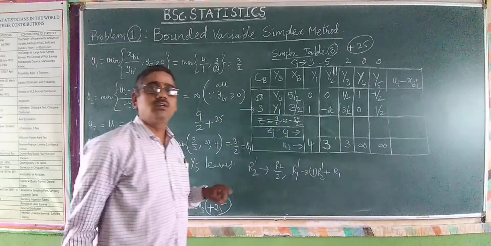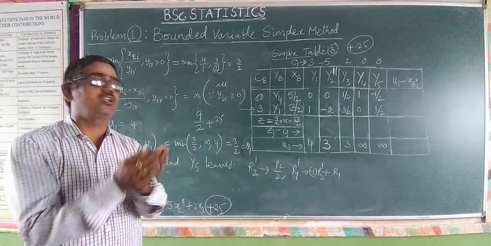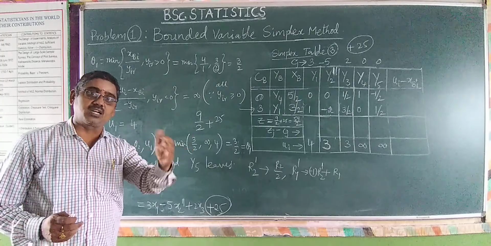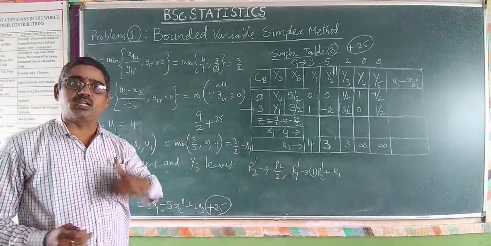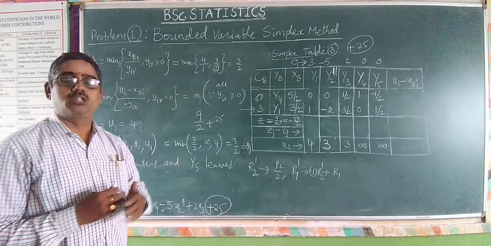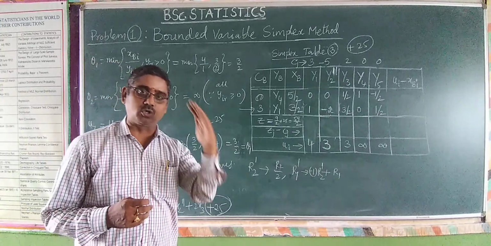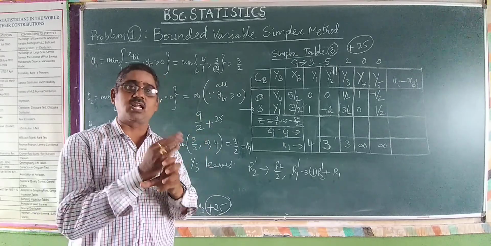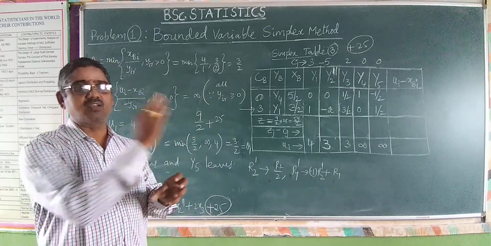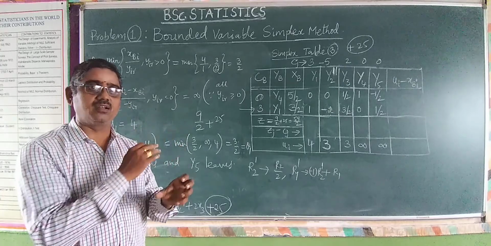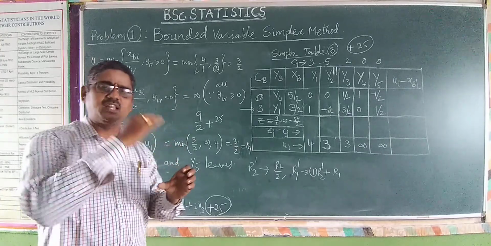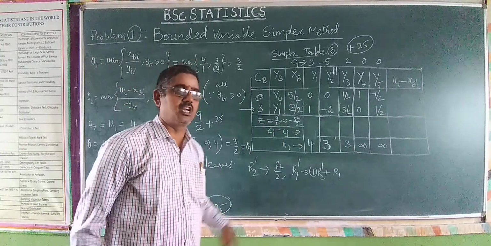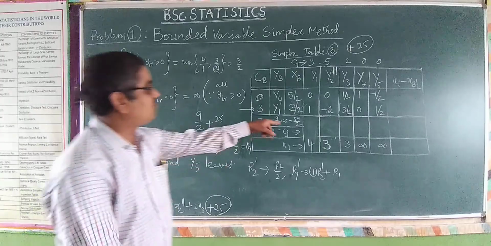Do you understand this? After calculation of your z, you have to add whatever constant is present in the new objective function, that is, the latest objective function in simplex table 2. Any modifications in simplex table 2, you have to consider that. Previously it was 10 and then 25. Now it is 9 by 2 plus 25, 59 by 2. So it is always going to be increased. That is the first calculation.